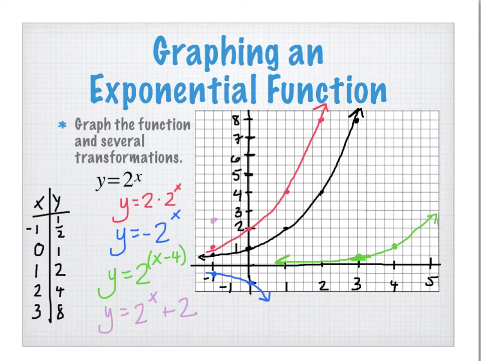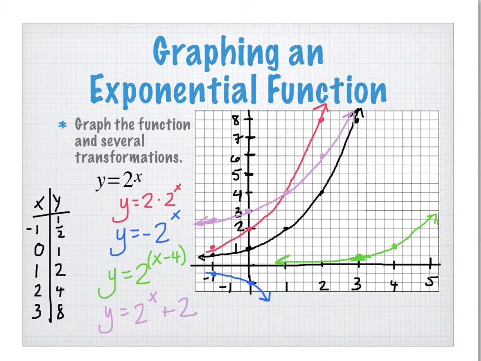Up 2, 1, 2 to there. Up 2, 1, 2 to there. Up 2, 1, 2 to there, and we know we're not going to be able to fit the next one. So it's the same shape graph,